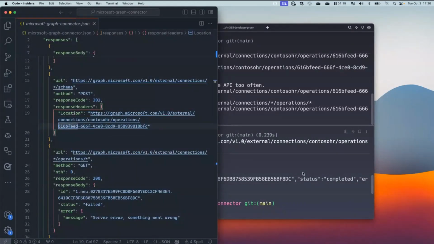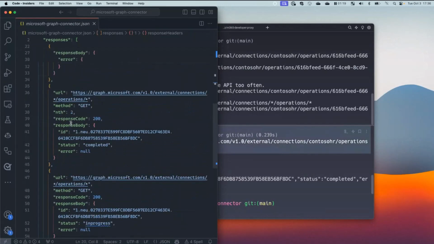We haven't changed anything about the URL, but now we have the ability to mock the nth call, second, third, fourth, whatever you want it to be, to have a different response on the same API call. And that gives you a lot of abilities to simulate different behaviors on the APIs. Another thing